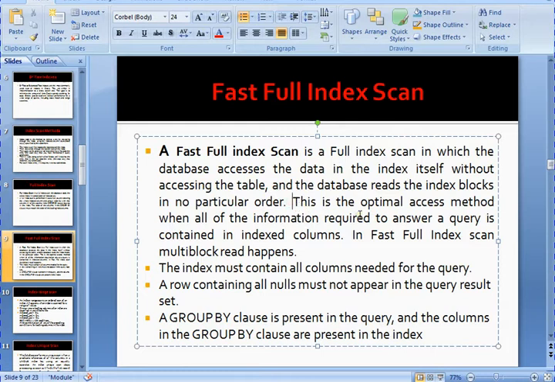And this is an optimal access method when all information required to answer the query is contained in the index columns. In fast full scan, multi-block read happens. Basically there is no ordering. It is fetching the data from the index randomly. Okay,